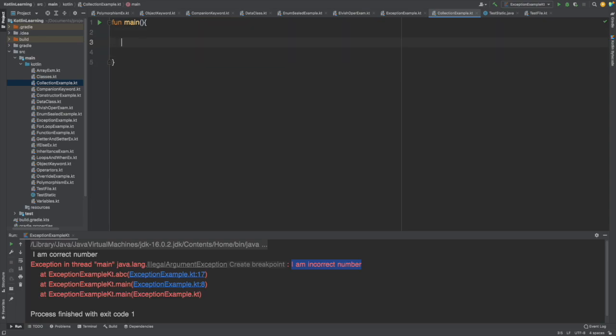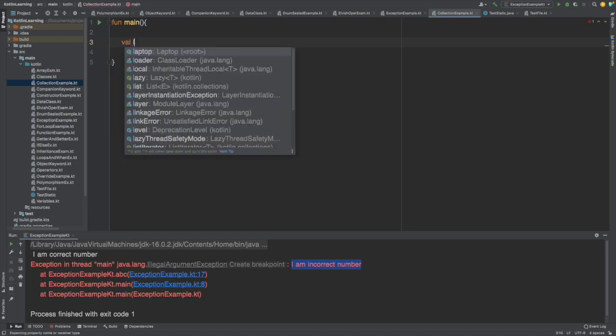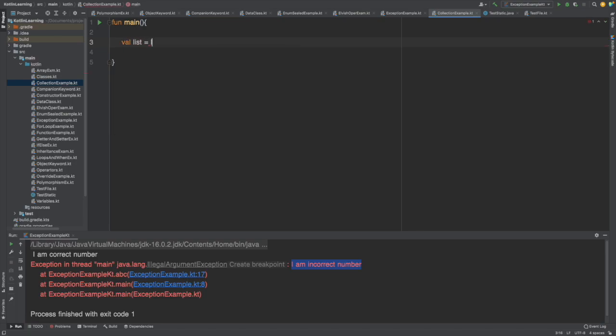So let's start with an example. Let's have a list, which is equal to listOf, and we can have 1, 2, 3, 4, whatever you want. This is a list of integers, because all the values we have here are integers, for example 1 to 3. So let's see how we can add, edit, and update it,